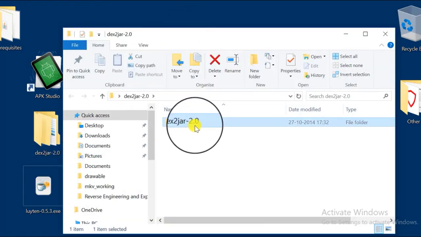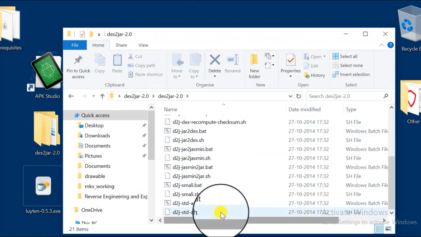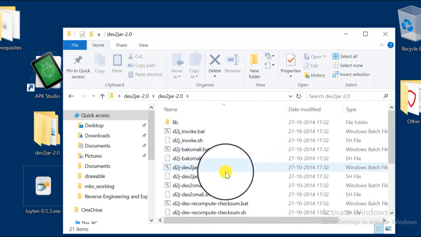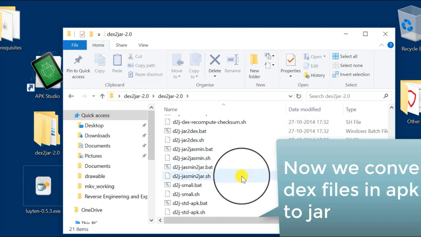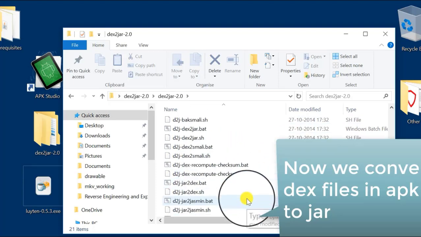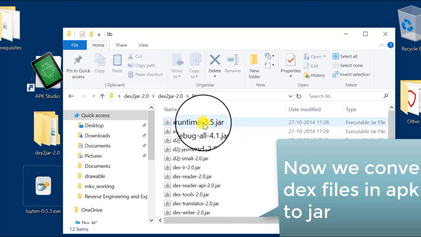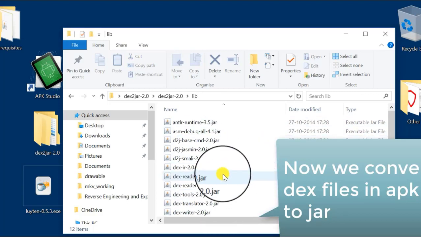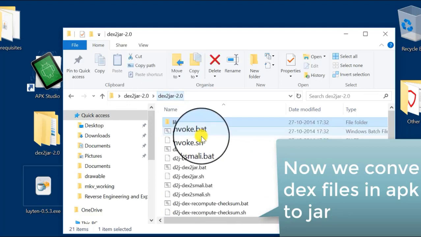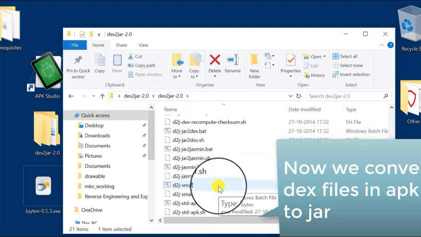Now let's convert the dex files in our Android app to Java code. This is the real code of the game. Go to dex2jar, lib, not lib.